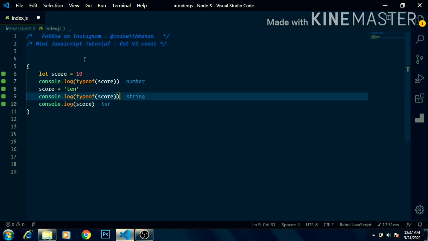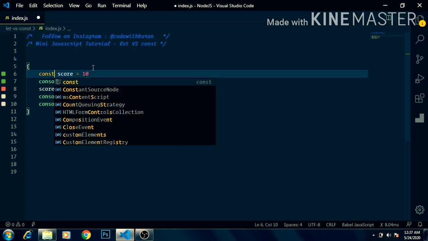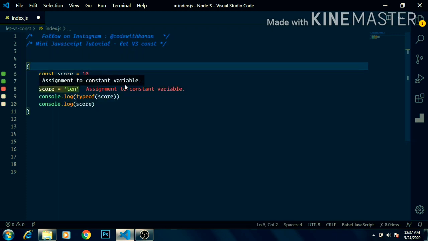Now let's move on to the const keyword. The const keyword allows us to declare constant values in our application that aren't going to change. So if I change the declaration from let to const, the score variable will be a constant variable. So now I am getting an error of assignment to a constant variable, which means any variable which has been declared using a const keyword won't be able to be reassigned.